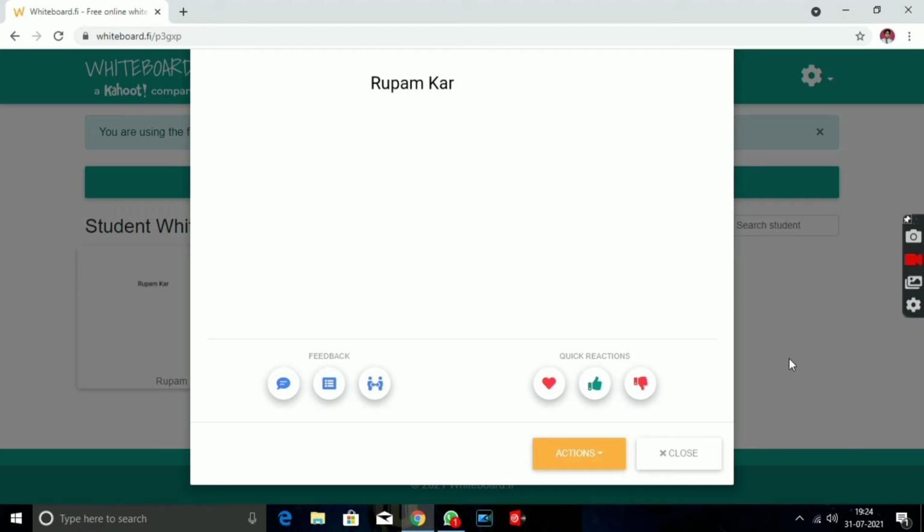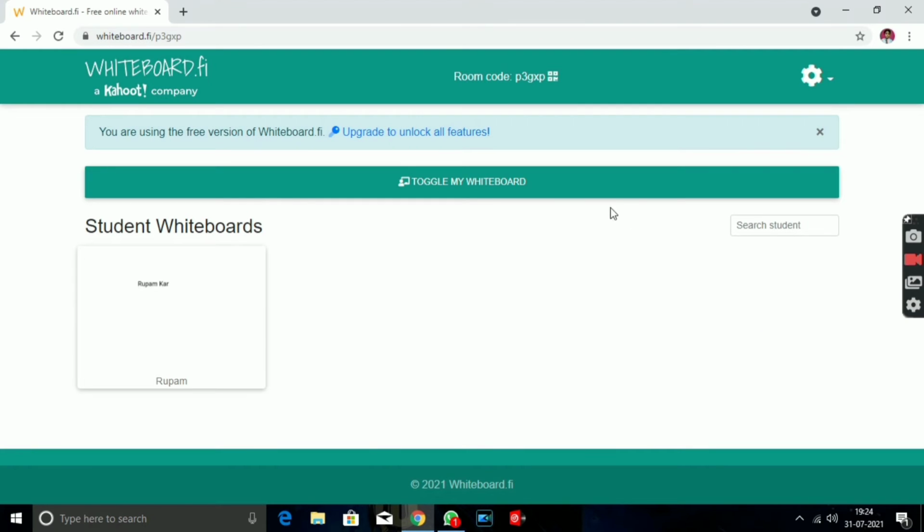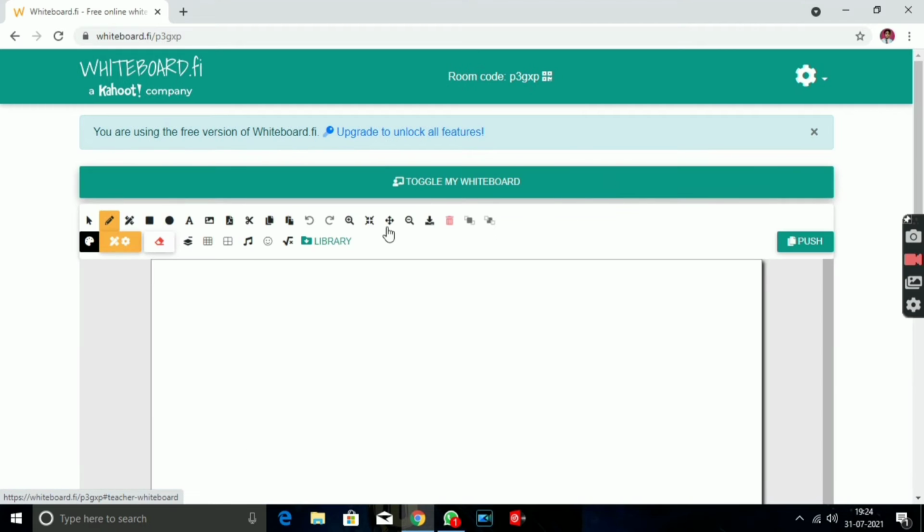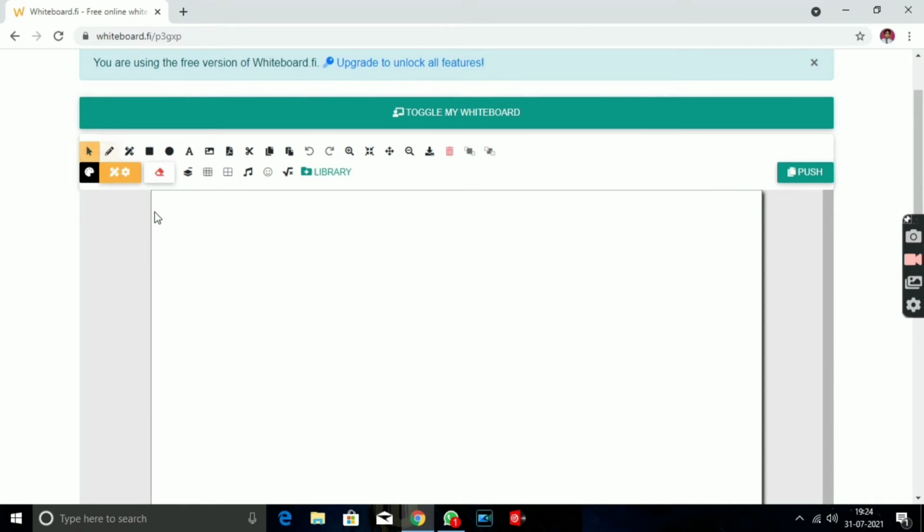Now let's get back to the whiteboard. Click Toggle my whiteboard. Again the screen will come. Now you can use many things like select, draw, shapes like square and circle, text, images, PDF, means you can enter image and PDF, then copy, paste, undo, redo, zoom in,